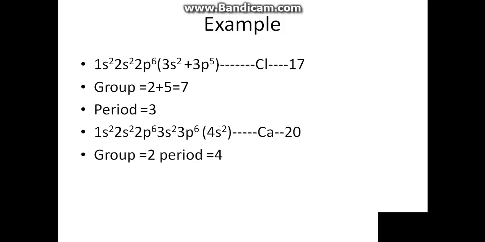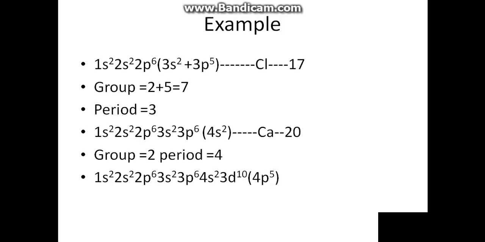So if you are given something like this, 1s superscript 2, 2s superscript 2, 2p superscript 6, 3s superscript 2, 3p superscript 6, 4s superscript 2, 3d superscript 10, 4p superscript 5, you know that 4p superscript 5 means that